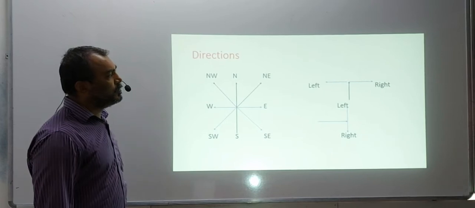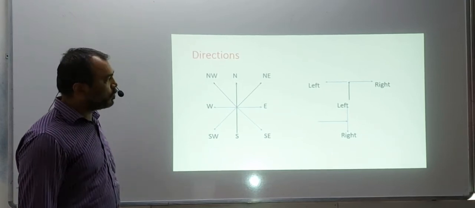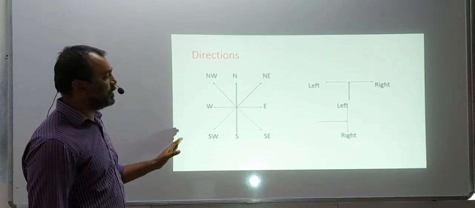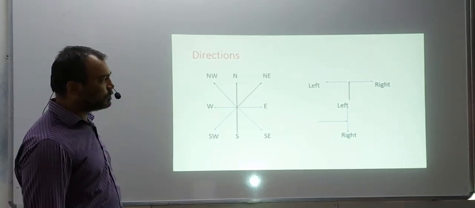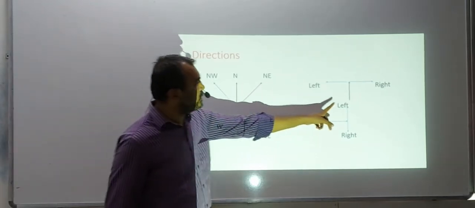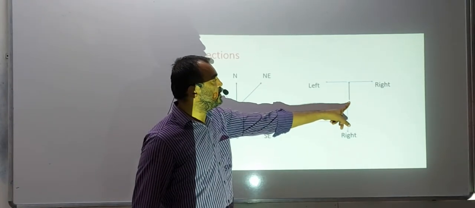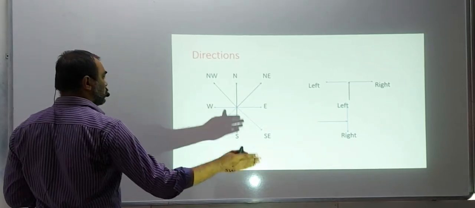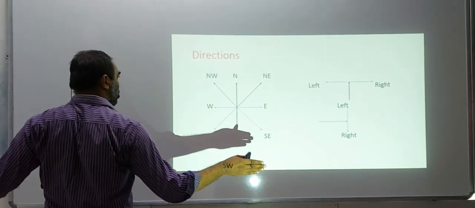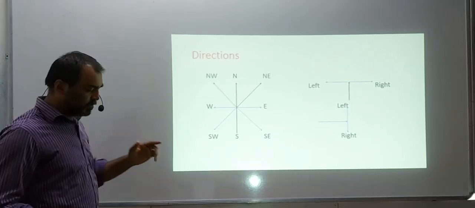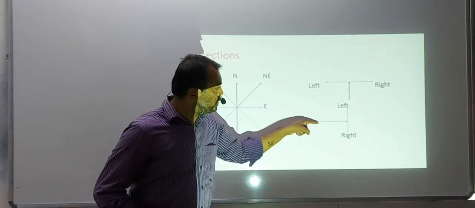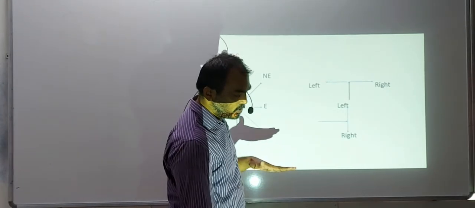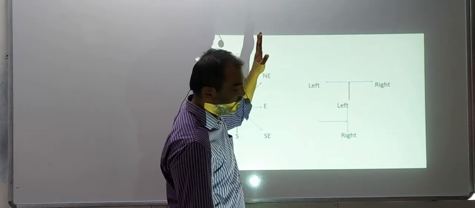Now, the left and the right. So, north once you fixed, then all these directions remain fixed. But in that case, this black arrow is showing the direction you are walking. So suppose you start from here and you walk upward. So you are walking upward like this. So this will be your right and this will be your left. Now suppose I am walking horizontal to the board like this. So I walk like this in the front. Now the bottom is my right and the top is my left.